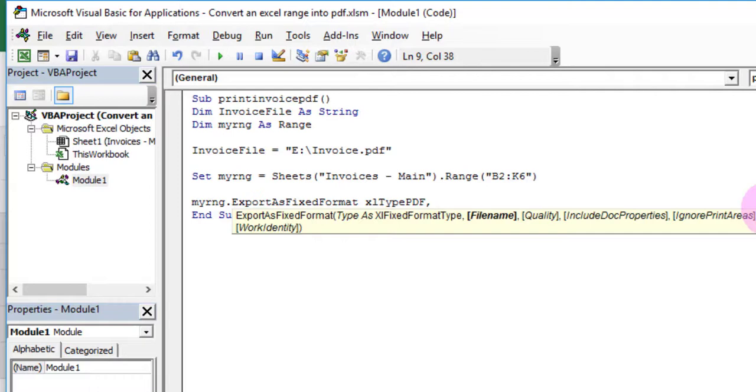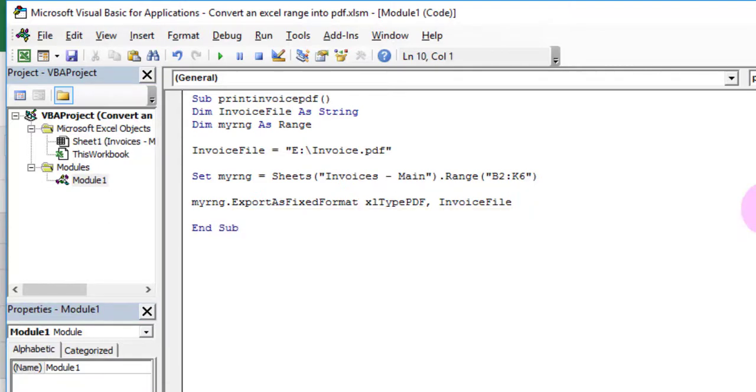The second parameter defines the name of the newly converted file. There are two options here. One is to specify the full path and the file name of the resulting file. The second one is to omit the full path and include only the file name. Excel simply saves the converted file in the current default folder. Here we have used only two parameters.